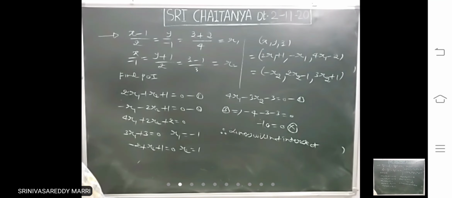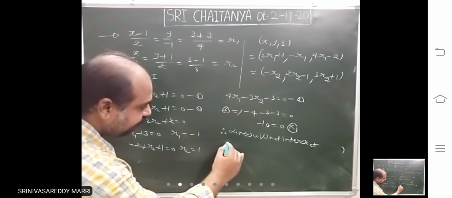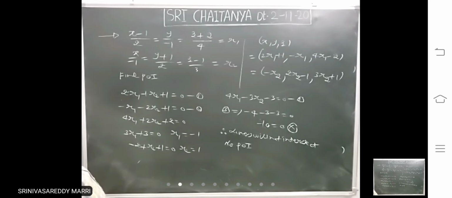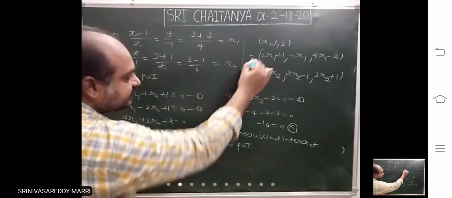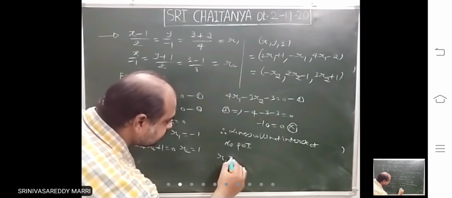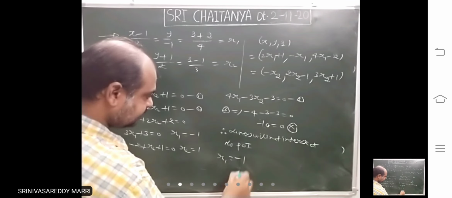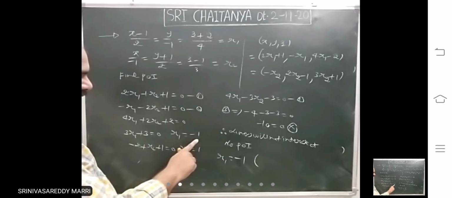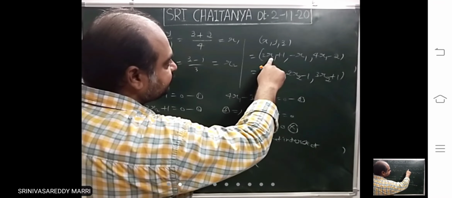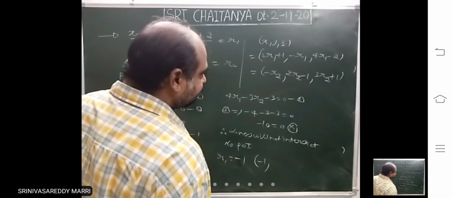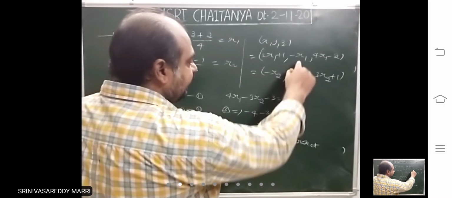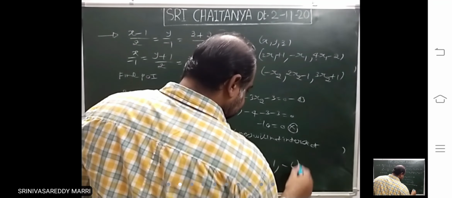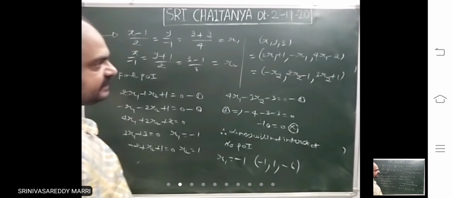Lines will not intersect. That means there won't be any point of intersection. Suppose look at R1, if you substitute in this, R1 equal to what? Minus 1. Look at different points you will get. R1 equal to minus 1, if you substitute, what is this point? Minus 2 plus 1 minus 1. Minus 1 means you will get 1. Minus 1 means you will get minus 6. This is this point. Right?